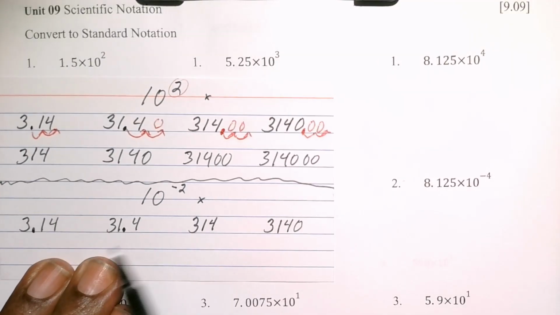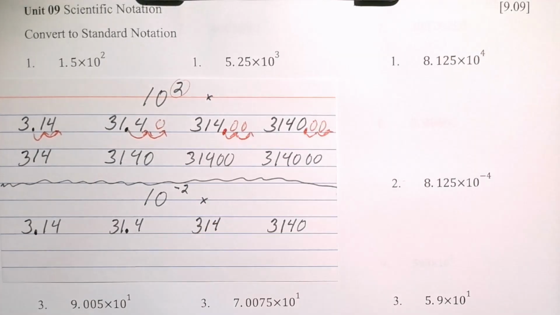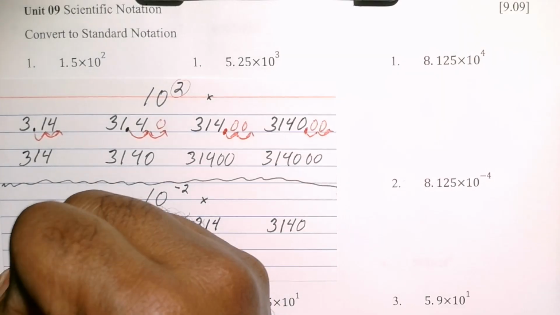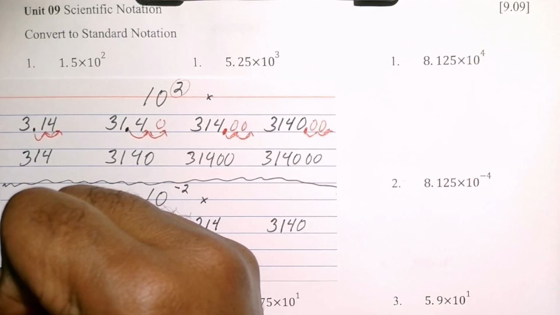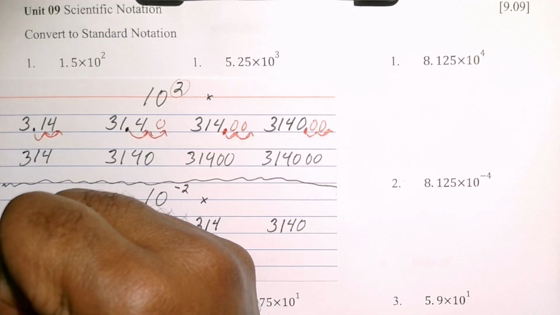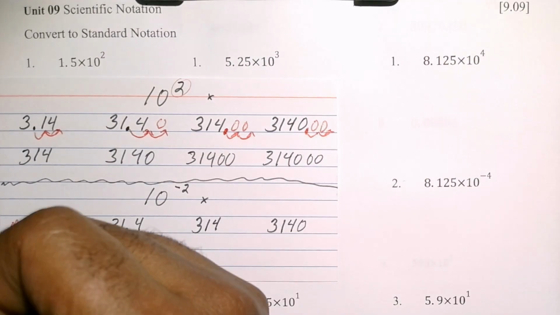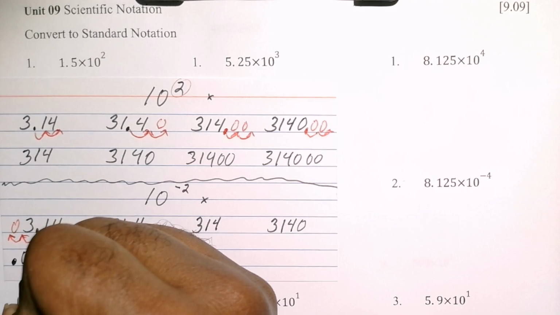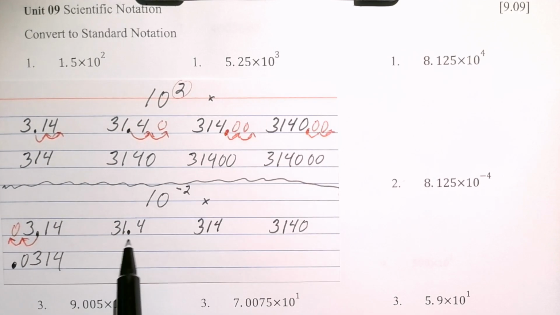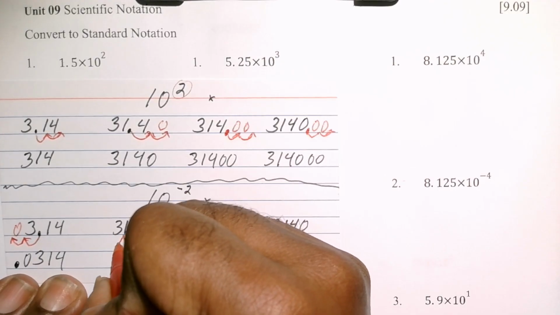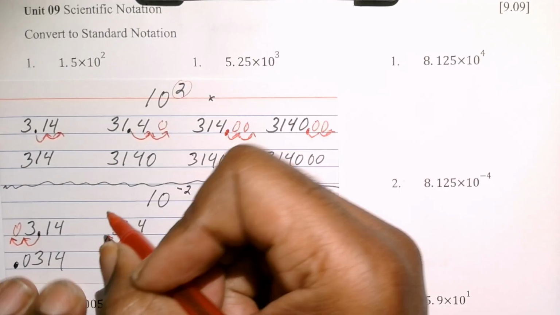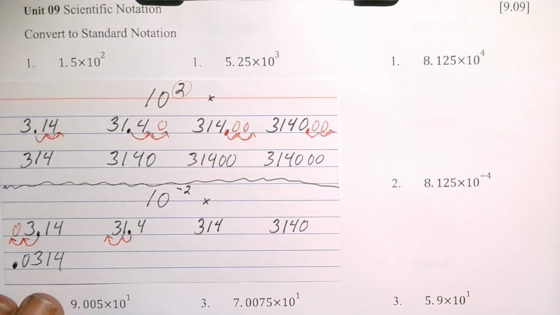Okay, now, negative exponents. This tells us the number needs to be smaller, so we will move the decimal to the left. Okay, so this decimal needs to be moved to the left to make it smaller, twice. I can move it once here, but I'm out of numbers, so I add a 0 so I can move one more time. And so the number ends up being 0.0314. If I move this to the left twice to make it smaller because of the negative exponent, the second move ends up right in front of the 3. So this number will be